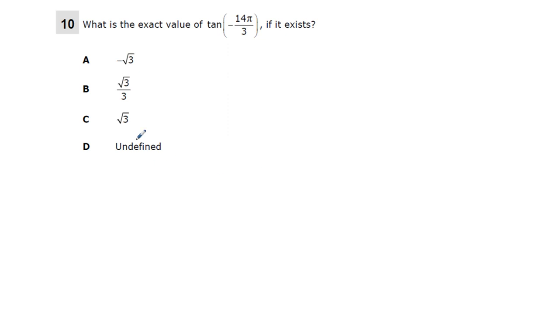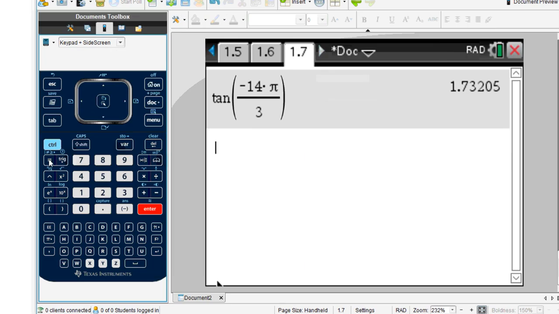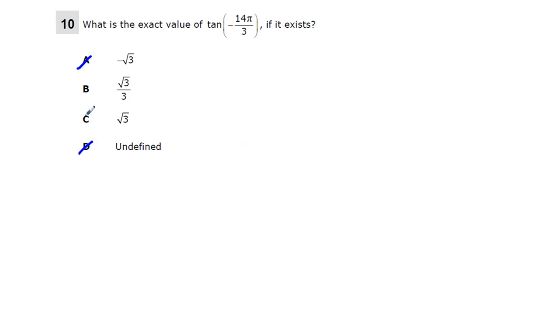1.73 is square root of 3. It's not negative, not undefined. So square root of 3 is going to be our answer here. Okay, square root of 3, 1.73. So our answer is C. That should be a real easy one. Next,